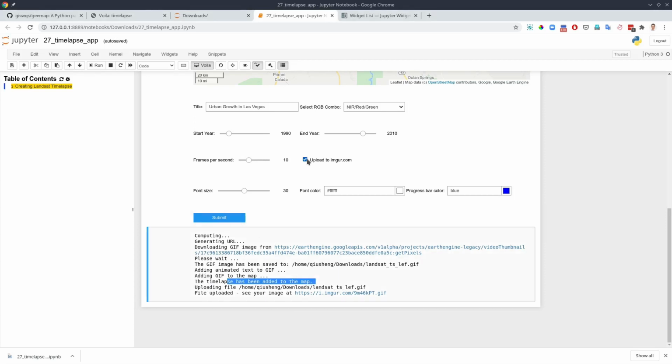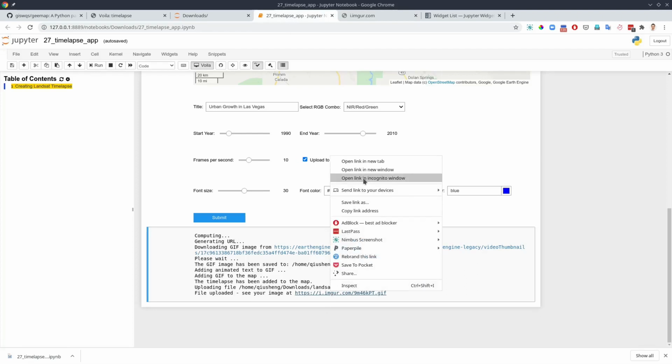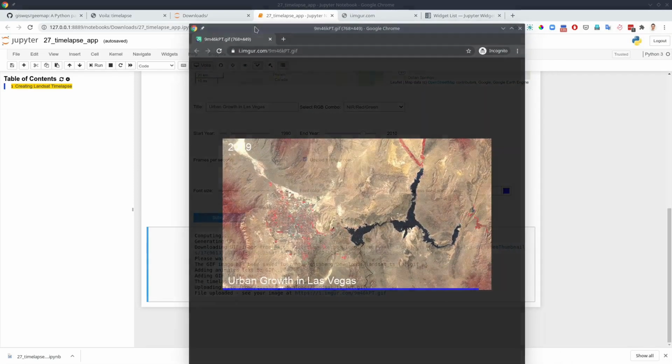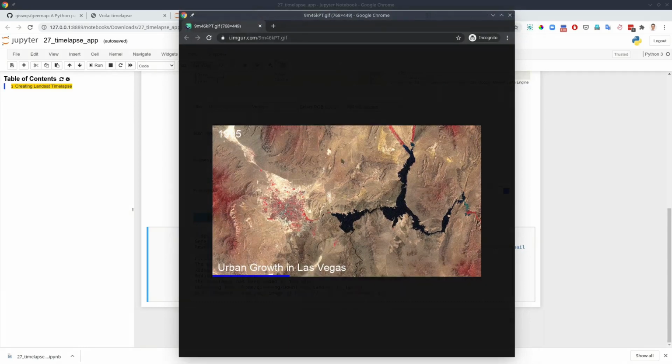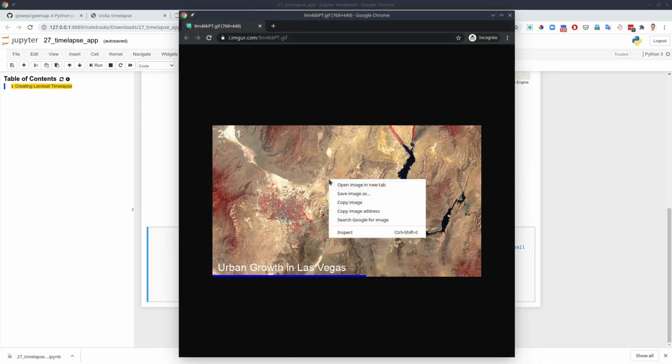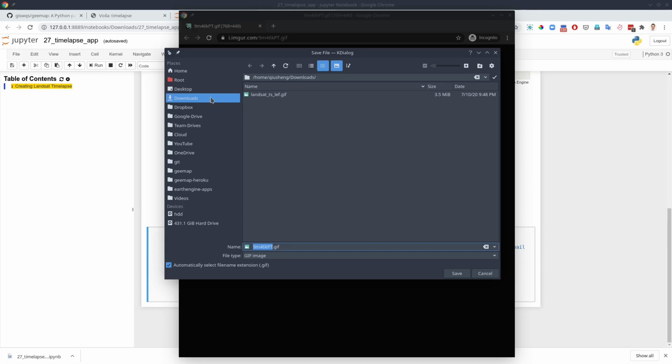Because we checked the upload to image.com, here it's being uploaded, and click this link. So this is the link that you can use to share with anyone, or you can download the image from here. Okay, so I click this one, doesn't open. Very weird, but if you right click and then open in incognito window, it opens. So see this one here. Okay. If you want to download the animation, you just right click, save image as, and then I can download